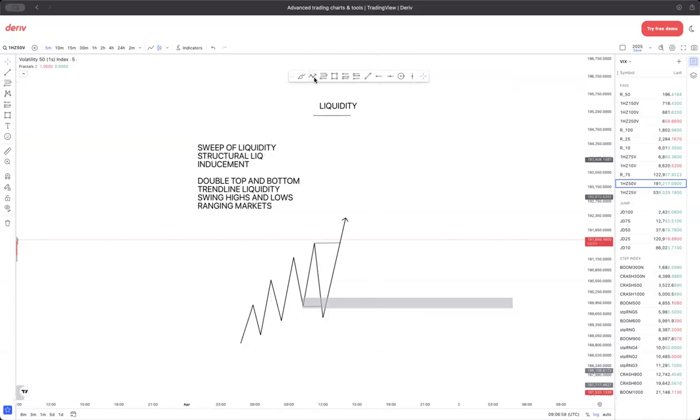And structural liquidity comes as what? As this low. Now price must come, give you this low and break structure to the upside. Right? Price must come, give you this low and do what? And break structure to the upside. Then you identify these as what? A structural liquidity. Now, what makes a structural liquidity valid is when you carry your Fibonacci through to the upside